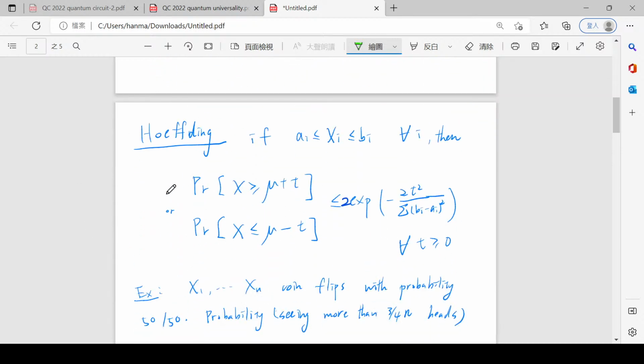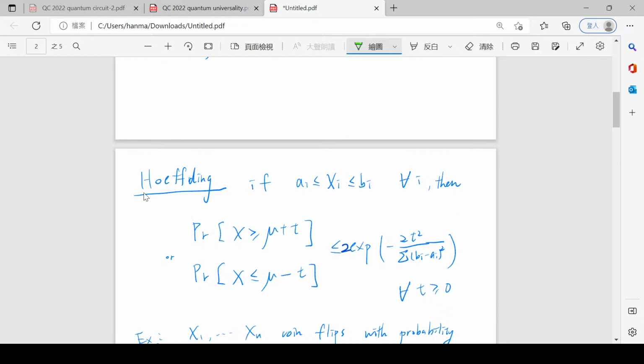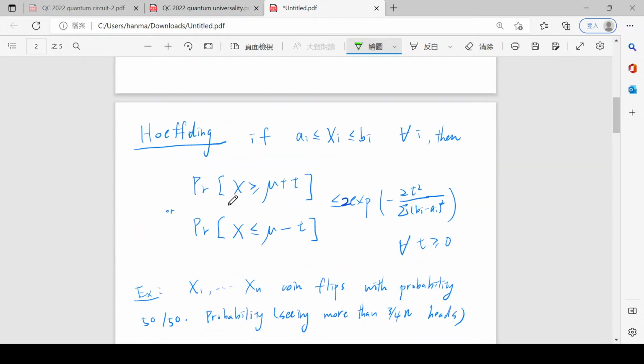So the first bound is Hoeffding. We need an extra condition: we need those random variables to have a bounded range. So let's say every xi has a lower bound ai and an upper bound bi. This means that there is no probability that it will be smaller than ai, and no probability it will be bigger than bi. Then we have two bounds, we can bound these two sides. We say this sum cannot be much larger than the average. So the probability that it's larger than the average plus some number t, or smaller than the average minus some number t, is less than